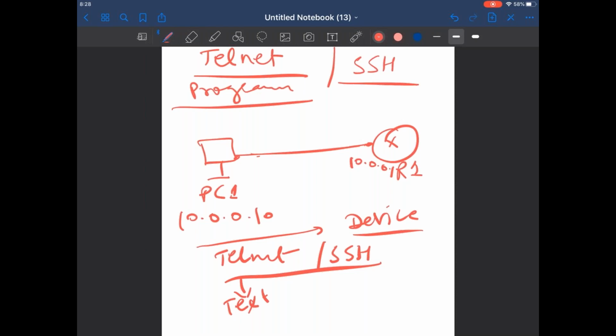How it happens, I will tell you. So if it is using TCP, then the port number is 23, right? Yeah, the Telnet port number is 23.